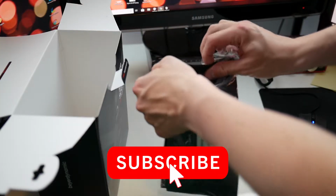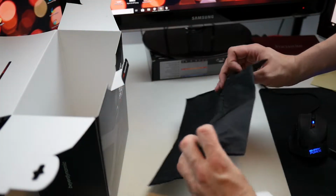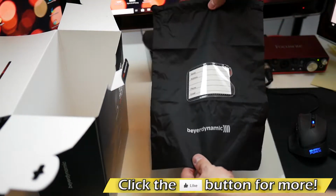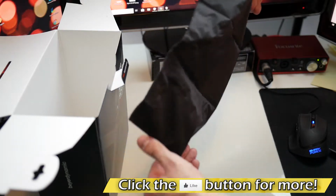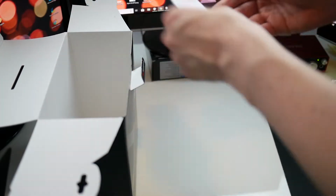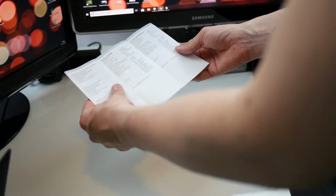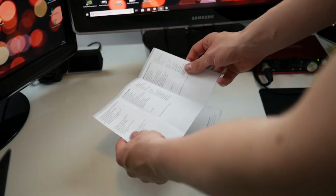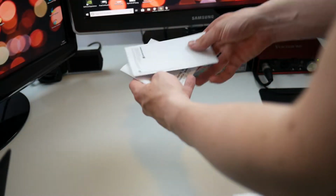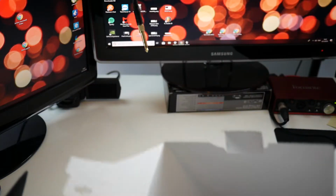So what we got first out of the box is a bag. This bag is specifically for the headphone itself. You can write some information on it like your name, address, phone number or email, just in case you forget it somewhere. Just like with any other product, this box is full of instructions. You can read them, but you can also throw them away. I don't think a lot of people are actually going to read what is in these instructions. It's a headphone. People basically know how to use one. Okay, so let's throw the instructions away and let's go for the most important part, which is of course the